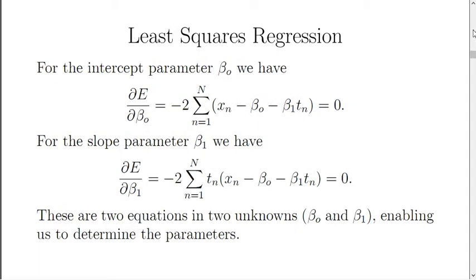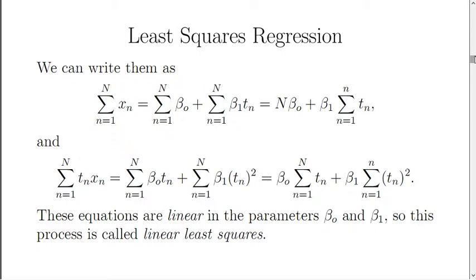For instance, for the intercept parameter, we have this equation right here. This is the partial derivative of the sum of squared residuals with respect to beta naught, and that has to equal 0. For the slope parameter, here is the partial derivative of the sum of squared residuals with respect to beta 1, and that has to equal 0. Now, these are two equations in two unknowns, beta naught and beta 1, and that enables us to determine the